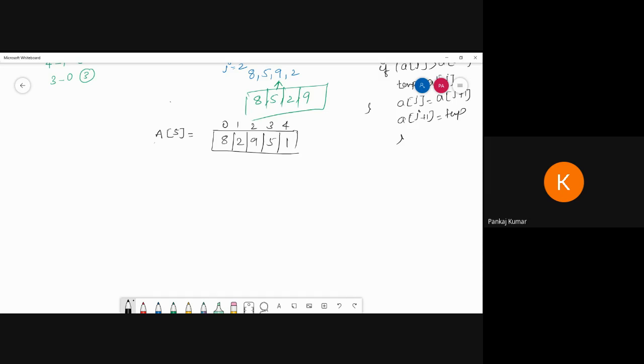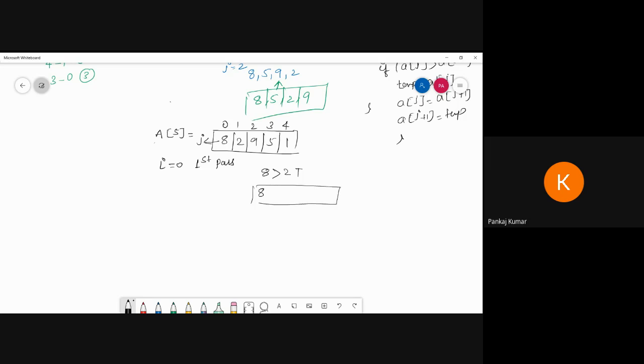Now see here. So i equal to 0, that means first pass. So i equal to 0, first pass. So I'm going to check this one. This will also act as j. So 8 is greater than 2. Yes, true. So the array becomes like this one.